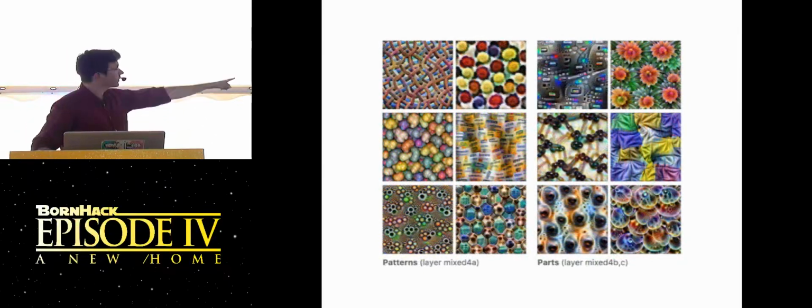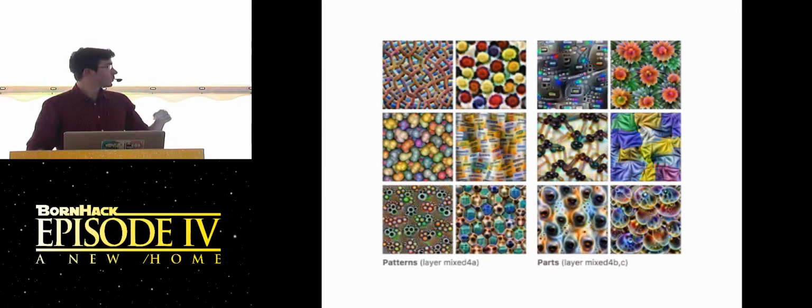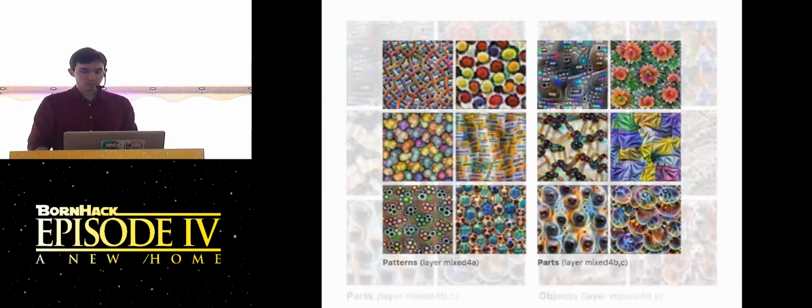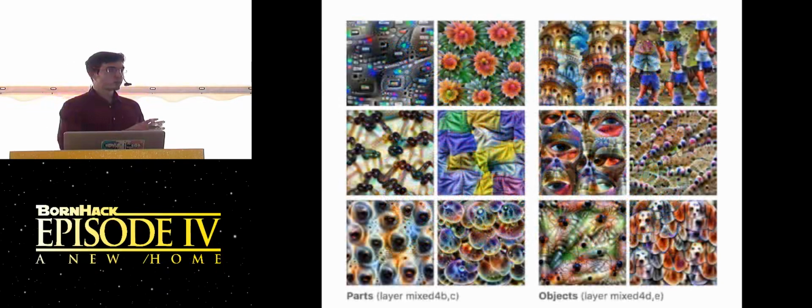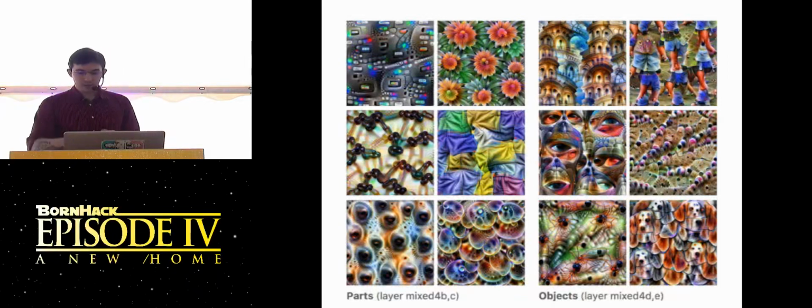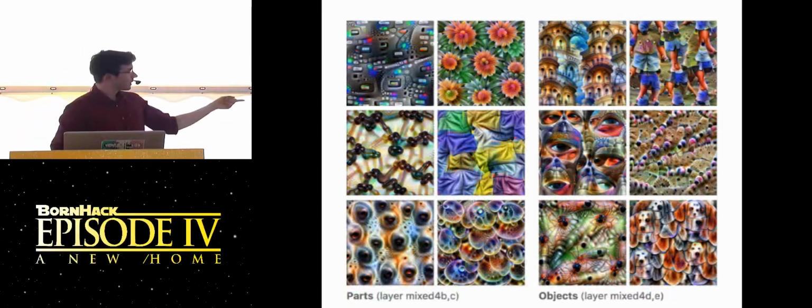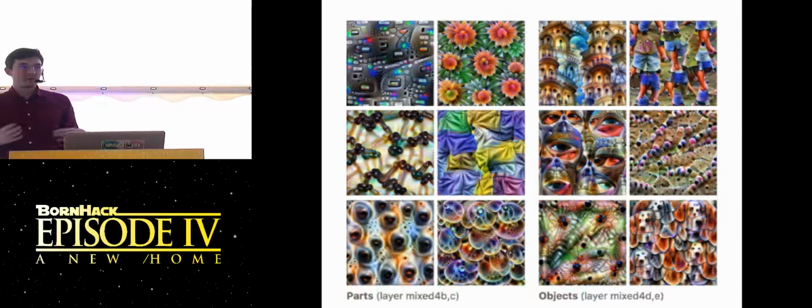Then we get textures. A couple of layers after that, we get patterns. You can see here, I think, almost like stubs from concerts and such. Then you get parts. You see something that looks like an interface in the top left of the second panel there. Something that looks like dog's ears, maybe denim. And then finally, we get to a point where the convolutional layers stacked together learn actual objects. So architectural stuff. Here we see someone's shorts, I think, eyes, insects, and actually heads of dogs. It looks weird because they don't know where something might be. So they kind of look for the thing everywhere in the image.